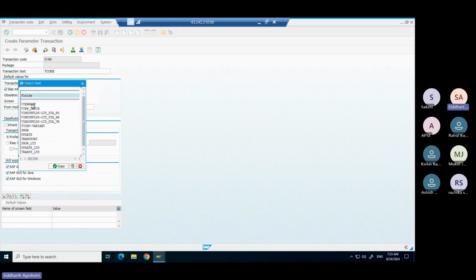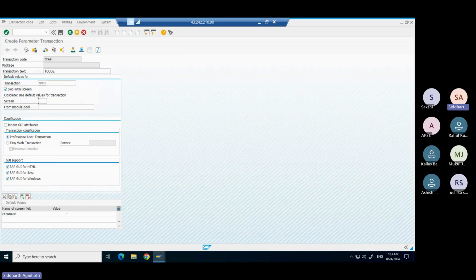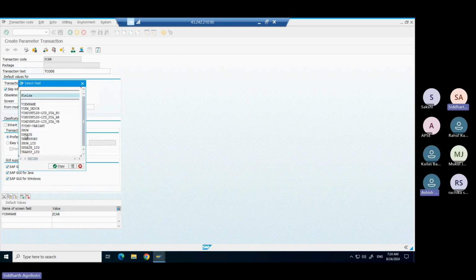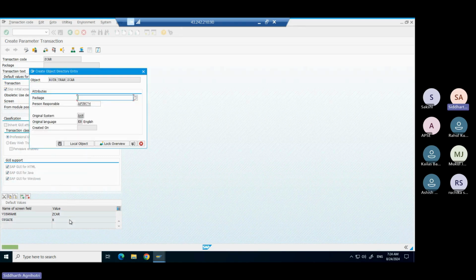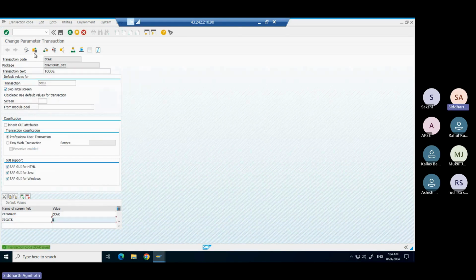Now we have to give the view name. View name is nothing but the table name. Now the update which we have to do, we just mention it as X. Then we will save it. Since it is consistent now,